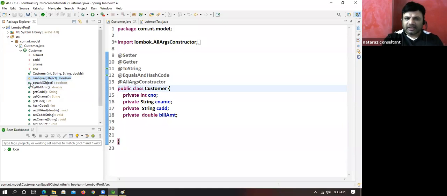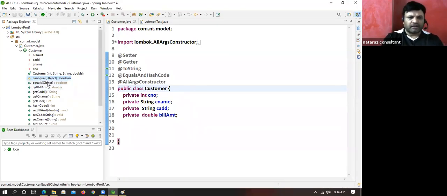See this? Here it is green color, here yellow color. Yellow color means protected. Red color means private. See, all these are private, that's why red color. Green color means public. Yellow color means protected. So it is the same as the equals method, but it is a protected method. That means we can use it only in the subclass. Otherwise, it is the same as the equals method only. Got it?